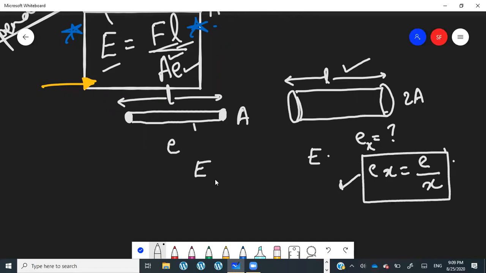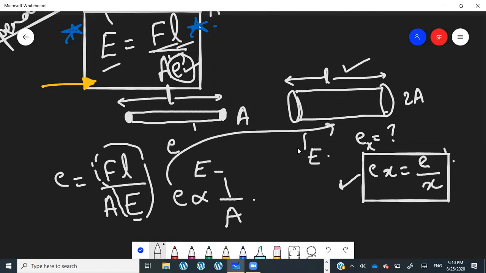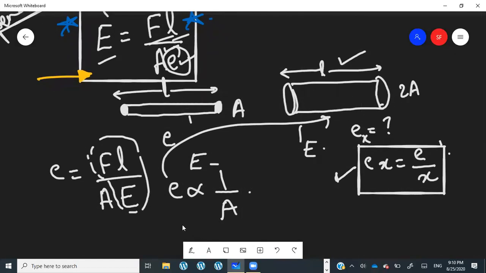Actually, you're not going to explain it that way. You're going to explain it using this formula. You know that if you make the extension the subject, the formula becomes FL over A capital E, right? Given that FL over E is constant, what's the relationship between the area and extension? Inversely proportional. So if they are inversely proportional and I double the area, the extension will become half. This is how you're going to explain it. So see, you know the stuff, you know the answers, but you don't know how to explain it. You better stick to the formulas for almost all of the explanations in physics.